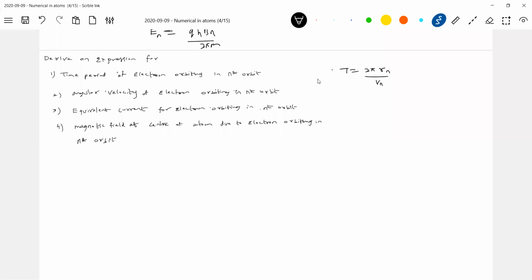2 pi r by v. Okay, now substitute Rn and Vn, you'll get the time period. I'll directly write the formula. You do the substitution later on. 4 epsilon naught